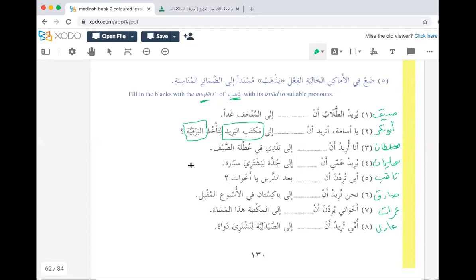Look, ya akhi. So Ammi is one person. Sahih? He's talking about him. So it's huwa. So what's the verb for huwa? فعل مضارع. ذهب is ماضي. What's the plural for huwa? ذهب, there's huwa, that's فعل ماضي. Now we need فعل مضارع. Not يضرب, because the فعل الماضي is ذهب.